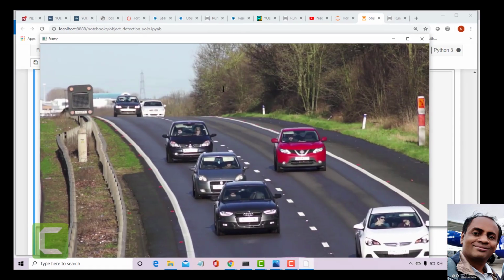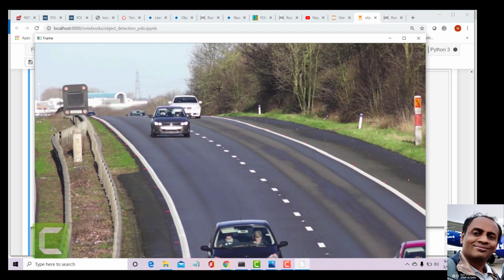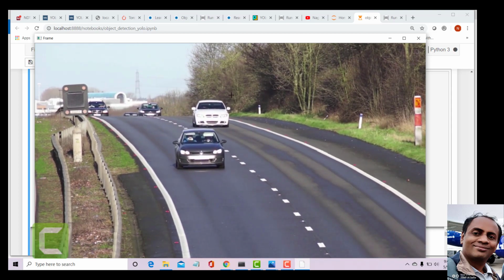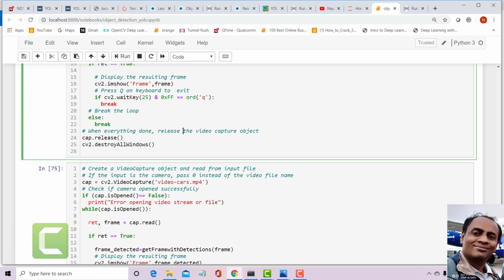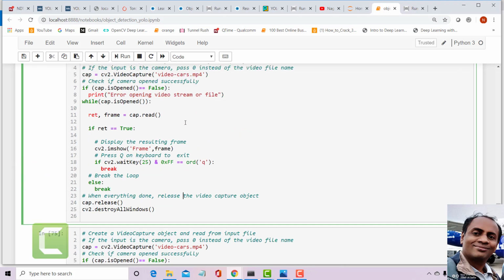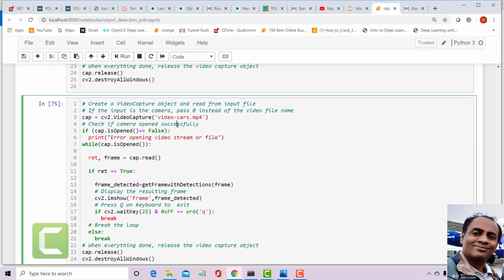Okay guys, this is a wonderful video of a highway, and I can see some premium cars. Now let me do the object detection on it. Here we just showed the video, but now we want to do object detection on the video.